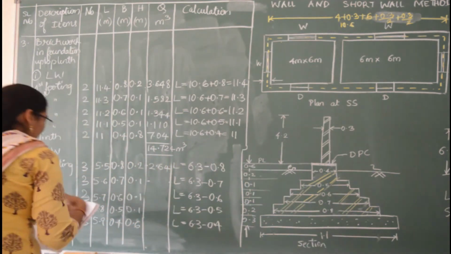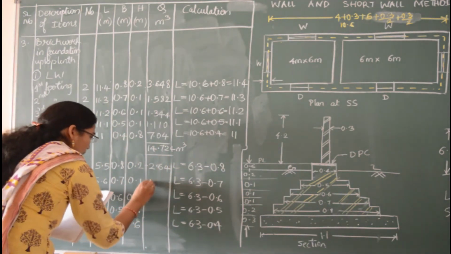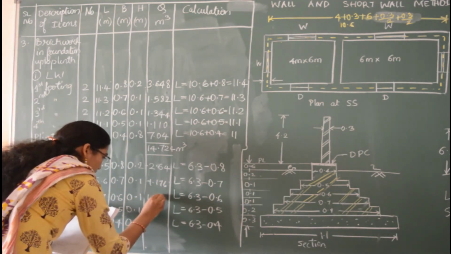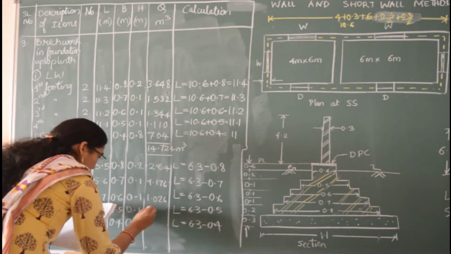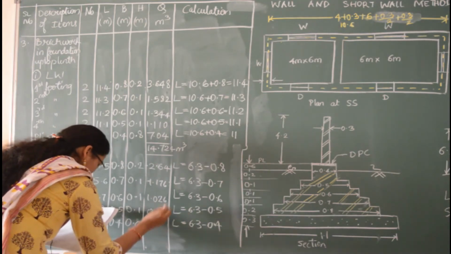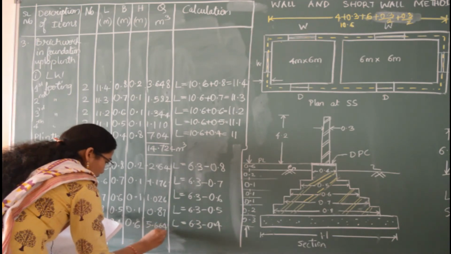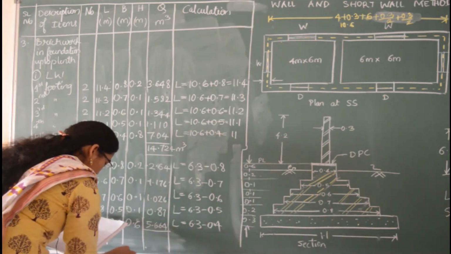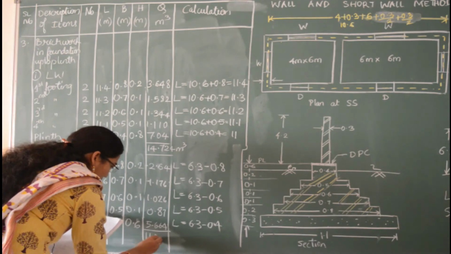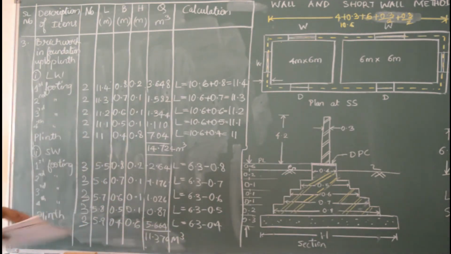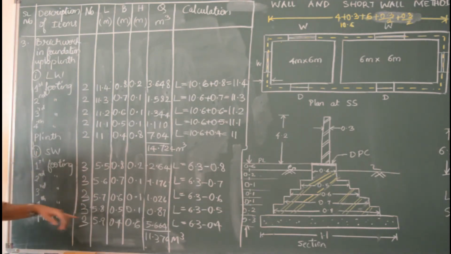Then similarly the next one I am getting 1.176. Then next 1.026. Then 0.87. Then 5.664. So I am getting total of this as 11.376 meter cube. So the total quantity for the short wall I'll be getting as